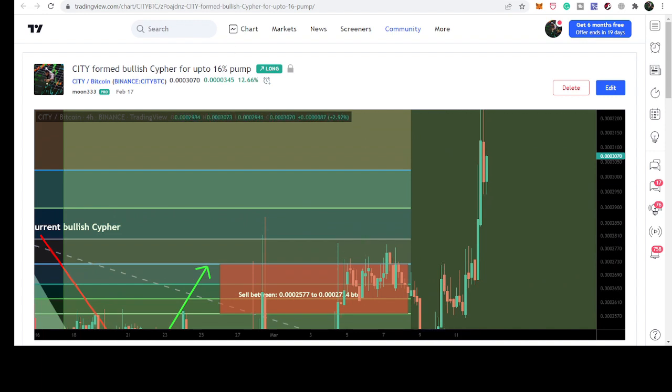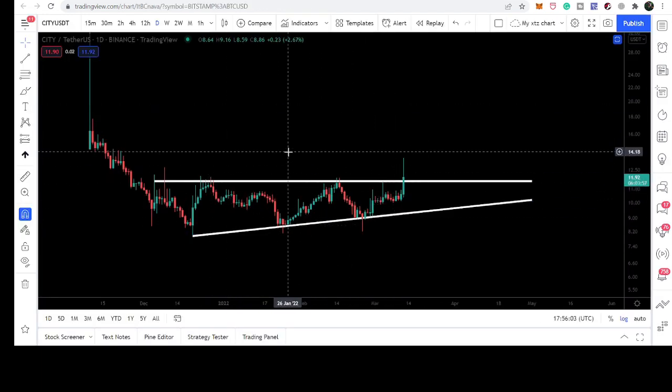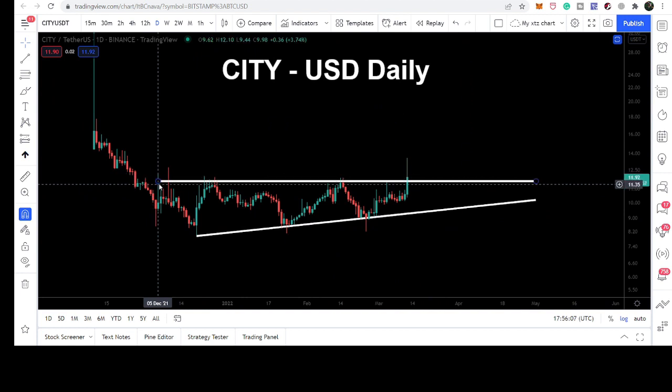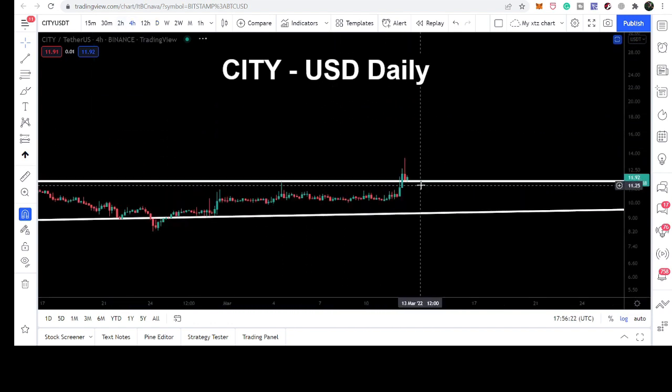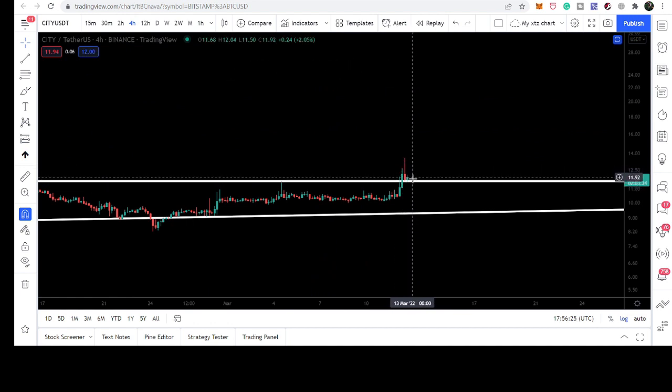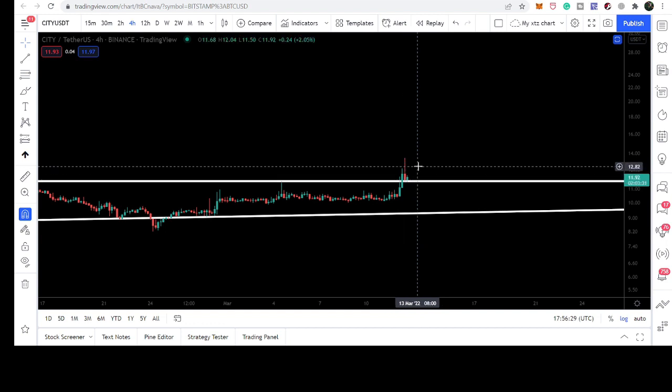Now if we take a look at the chart with the US dollar pair, by the way, after that it has again rallied. Now we are at the daily time frame chart. Here we can see that the price started the formation of this ascending triangle in December 2021, and recently, just now, it is breaking out the resistance of this ascending triangle. And if we switch to the 4-hourly time frame chart, then we have the closing above this resistance, and the price is testing the resistance, and it is possible that we may have a powerful move to the upside